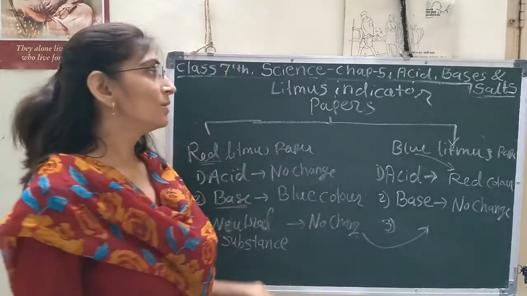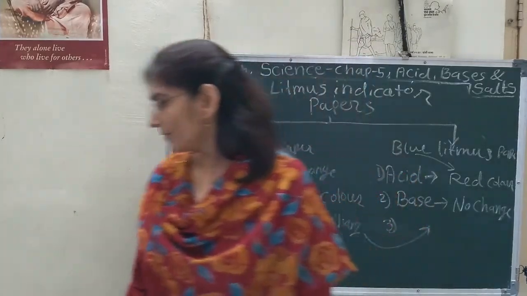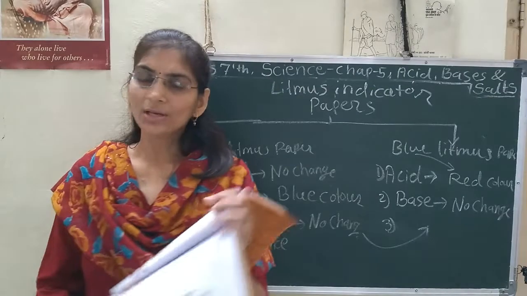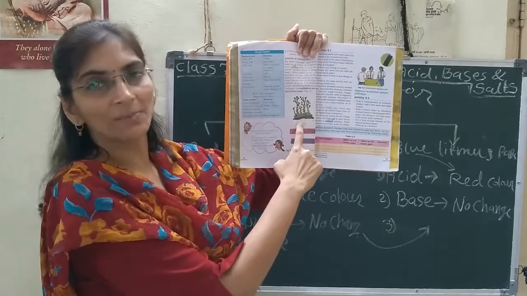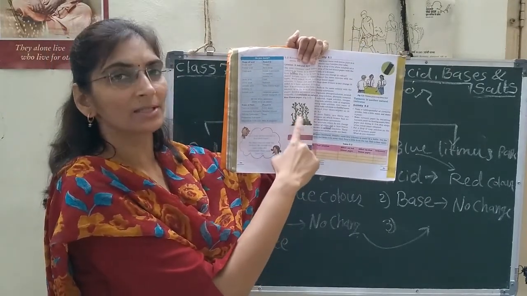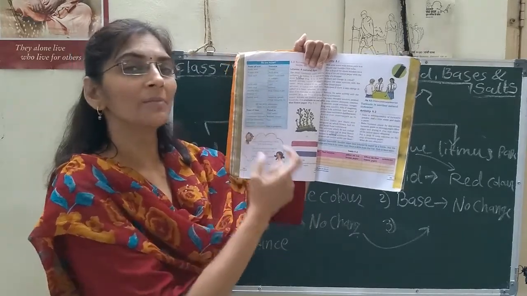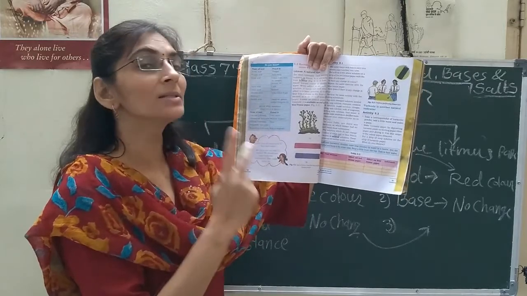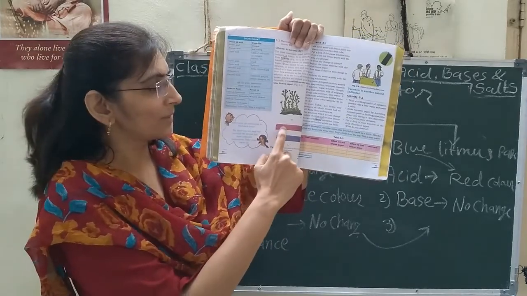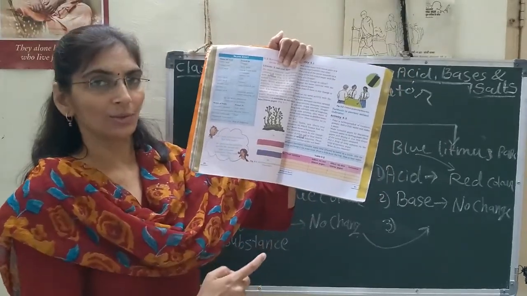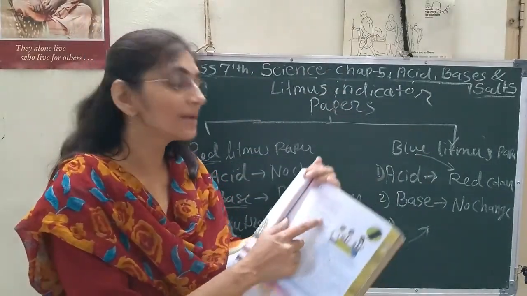So under this topic we have to do one activity which is given in your textbook. See, here is shown one lichen plant. Are you seeing that? From this lichen plant extract we can make the litmus indicator solution, as well as the litmus papers. Two types of litmus paper, red litmus paper and blue litmus paper. We can see the same litmus paper in our lab also. So we have to test the litmus indicator through this activity.